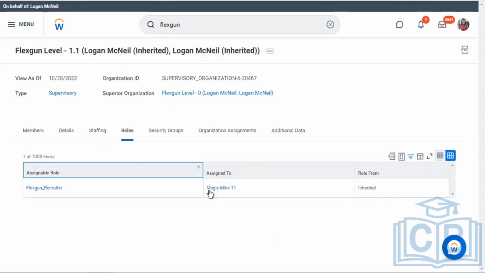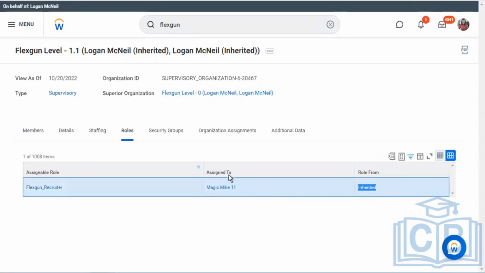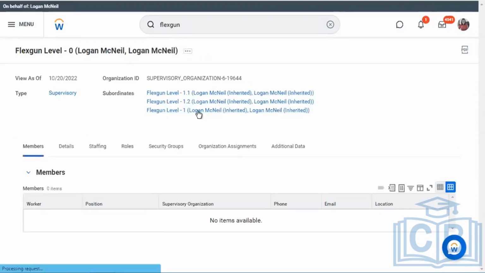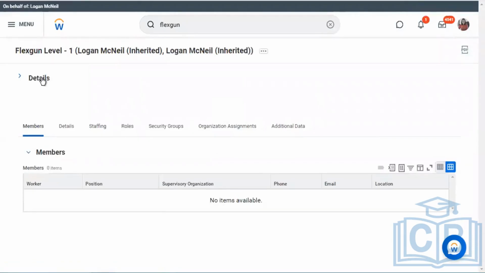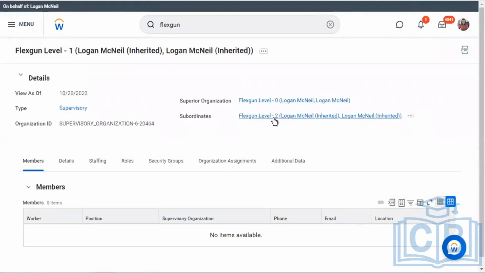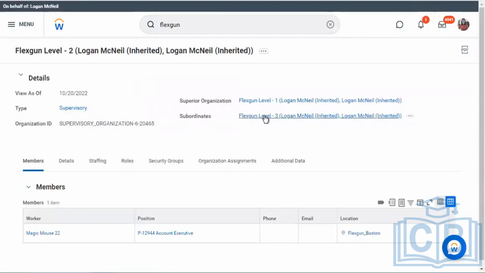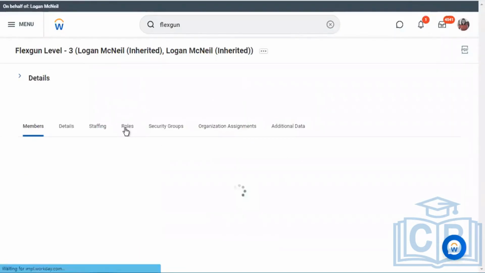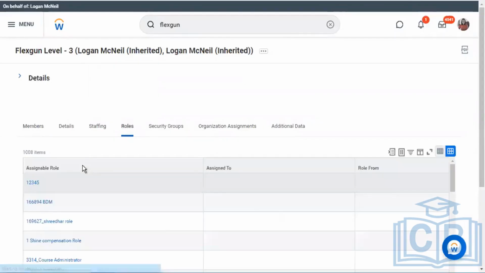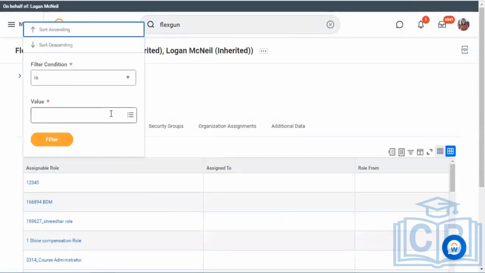What I was showing here is that the roles also inherit. If you want to break the chain, let's say at FlexQ level, any more inherited ones, you have a sub one. Let's add FlexQ level 2 or FlexQ level 3. You don't want Mike anymore to be your recruiter, or you want someone to be taking care of that responsibility other than Mike.